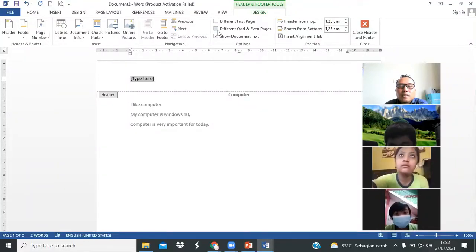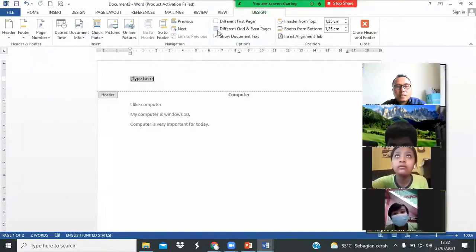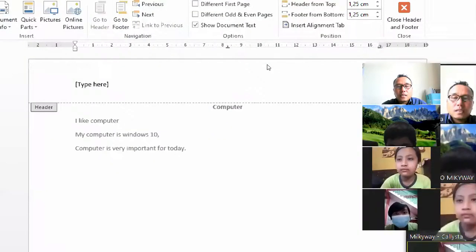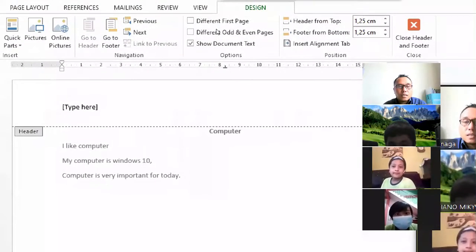This one, Angelo, you can see this one: different odd and even page. Yes, you can see that. This one: different odd and even page.